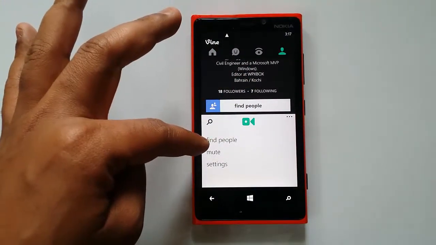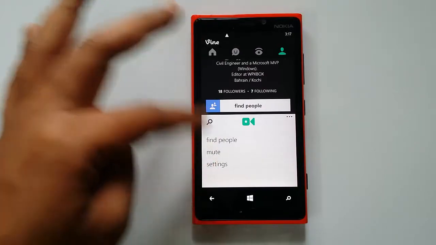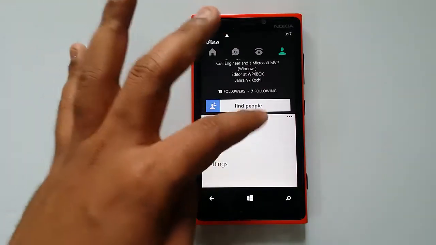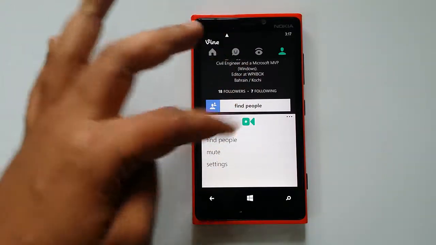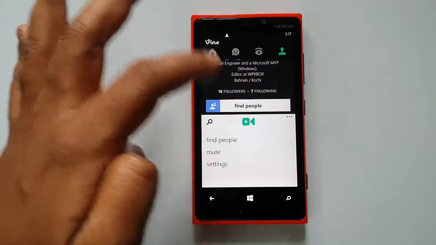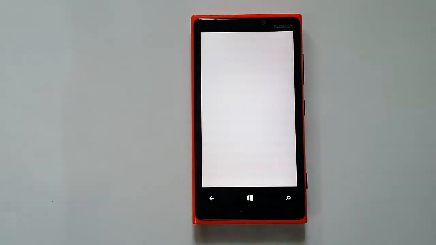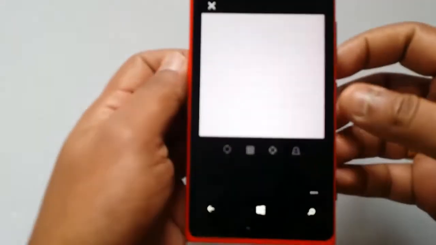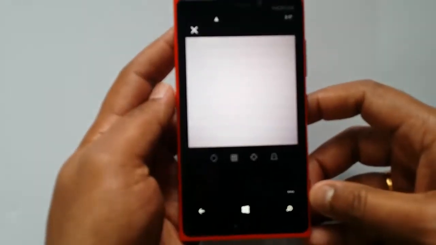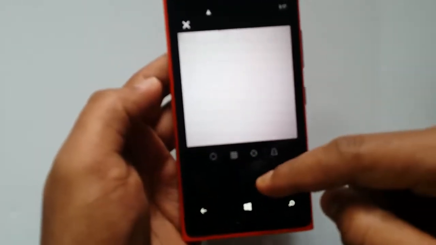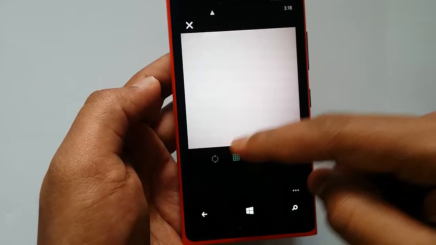Then you have the option to find people. Then you have the settings. Then let's see the option to create a new video. So let's click this button, and you can see the camera is switched on. Okay, so right now we can start creating a video. You have the options here.